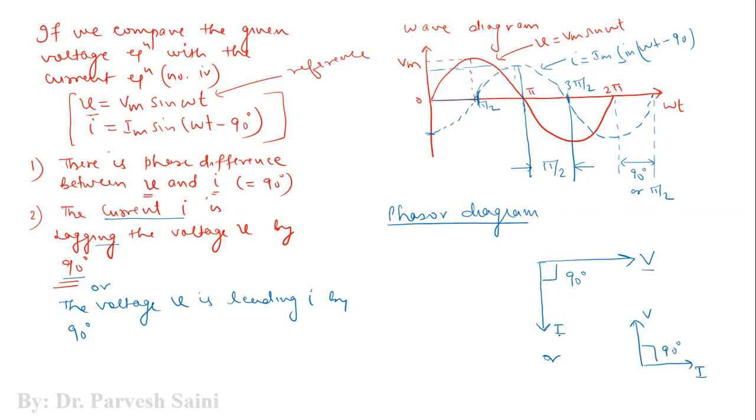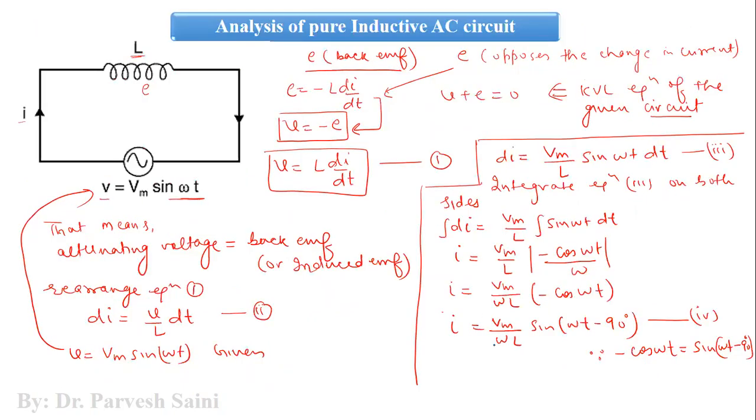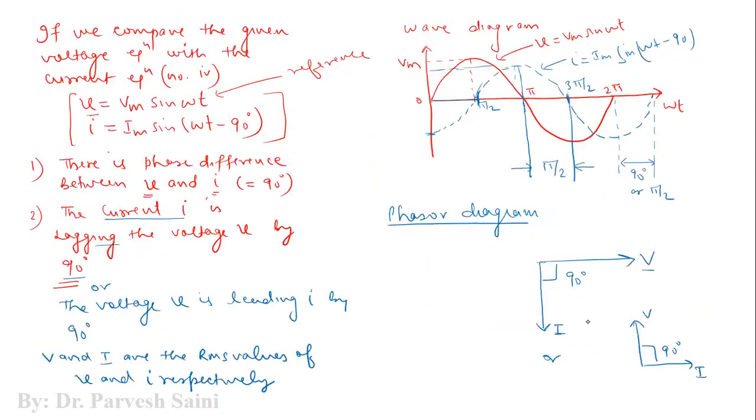So this V and I, these are the RMS values of V and I respectively. Now, if we have to represent this in terms of the RMS equation, that also can be done. However, if you come to this particular equation number 2, and if you see this equation here, so comparing these